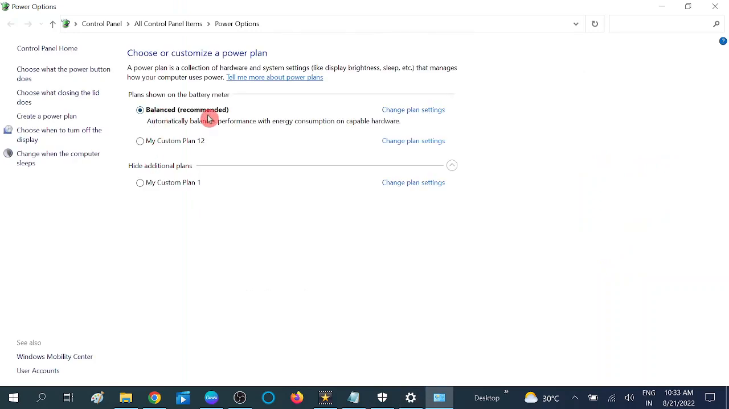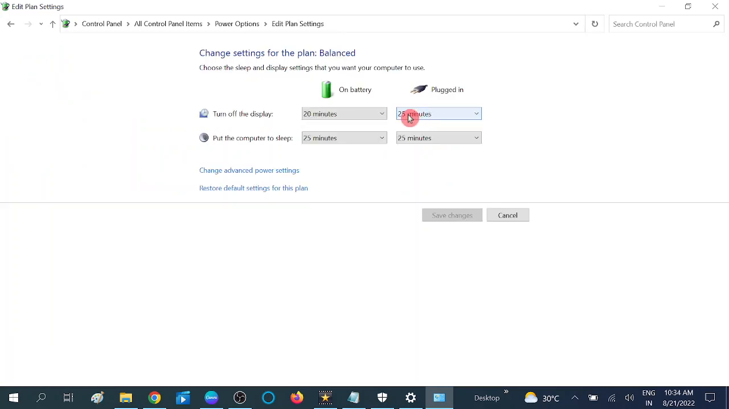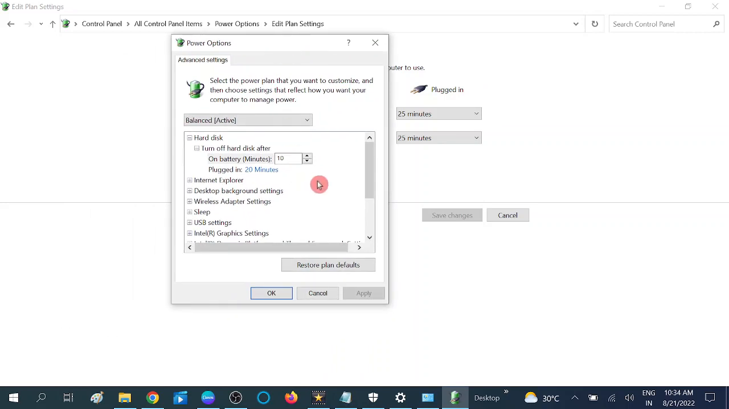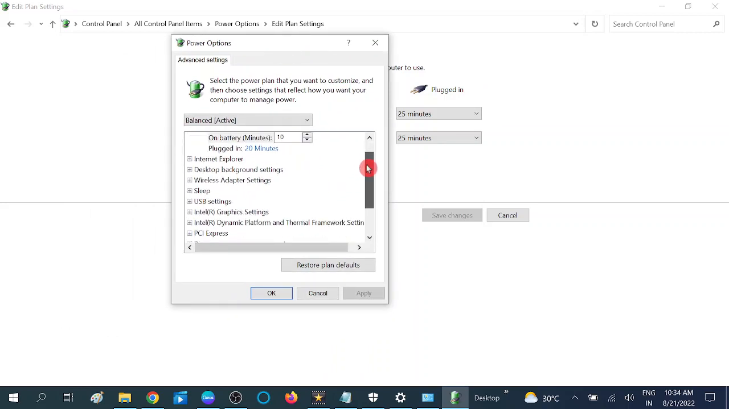Choose the option whatever you have chosen, like high performance or balanced. Click on the change plan settings option. Now again click on change advanced power settings. Now scroll it down